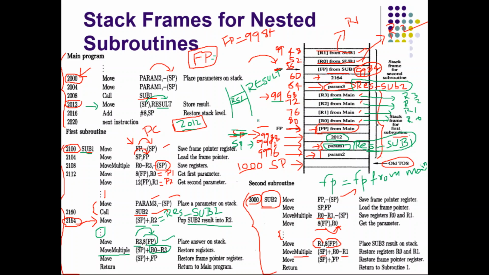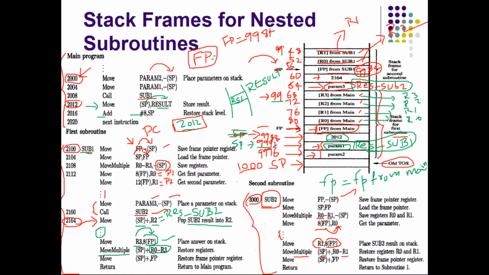So you are just moving, but you are not increasing the frame pointer or stack pointer. You can see there is no increment or decrement. But then originally, the stack pointer should be updated to its original value. So finally what we are doing, move add 8 comma stack pointer. So what is the stack pointer now?